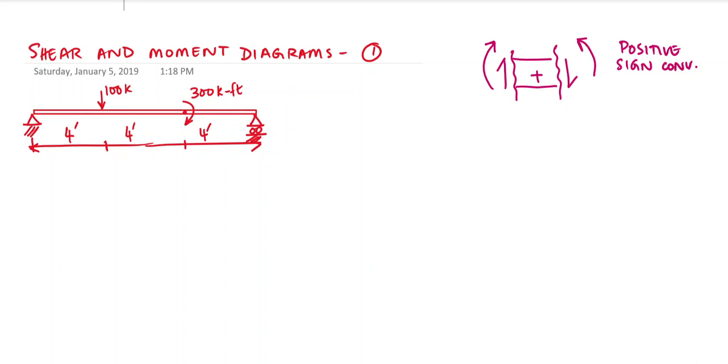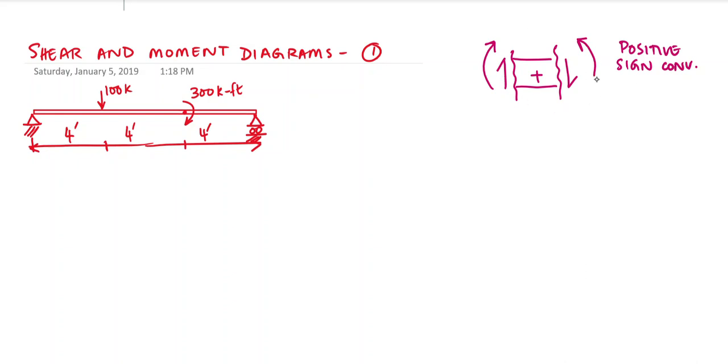This is a tutorial on drawing shear and moment diagrams. We have a simply supported beam here with a point load of 100 kips and a moment of 300 kip-feet acting at a distance of 4 feet from the right support. The beam is 12 feet in length overall, and on the right hand side of the screen is shown the